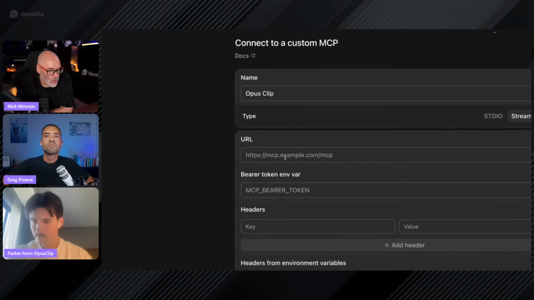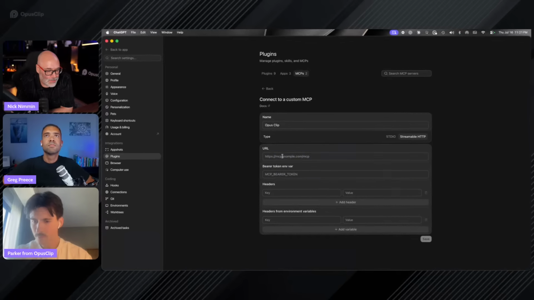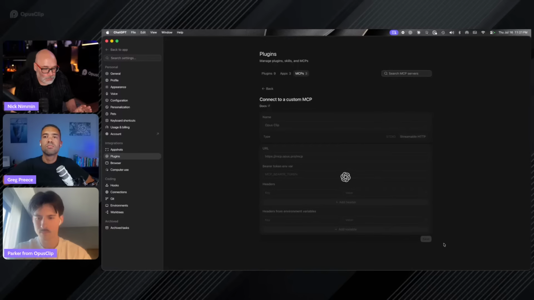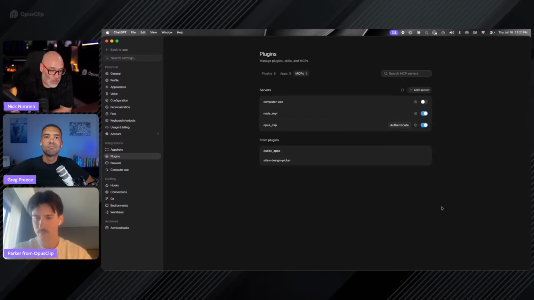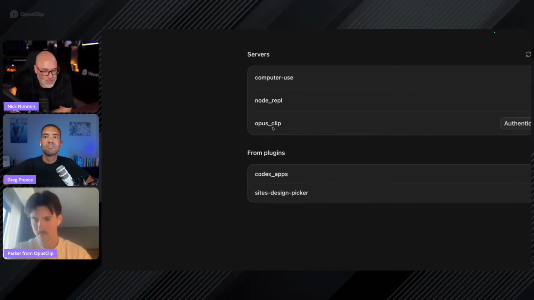And then from there, you come down to the URL box. And in that URL box, I'm going to paste that same exact link that Greg just put into his. And I'm going to go ahead and drop that into the chat as well, so that you also have this available to you. And then once that's set up, the next step is I just come down and hit save. And then from here, we're going to see what happens. Okay, so the next thing is once this is in,